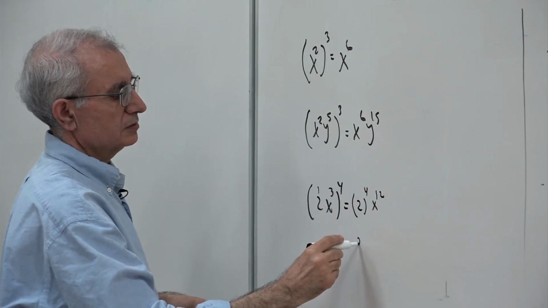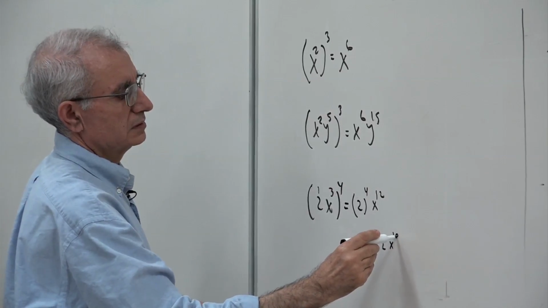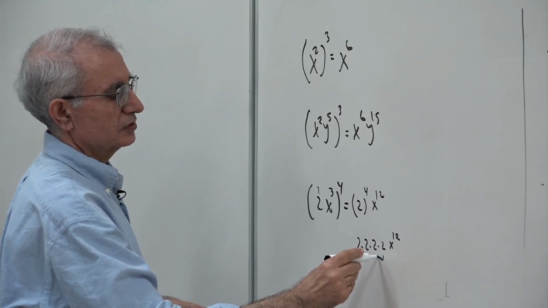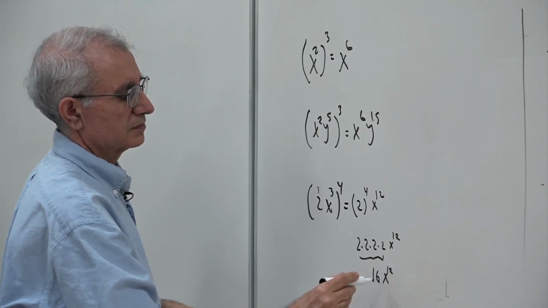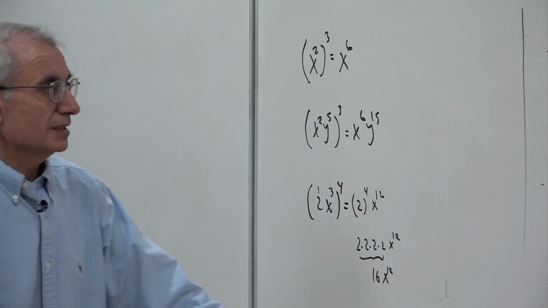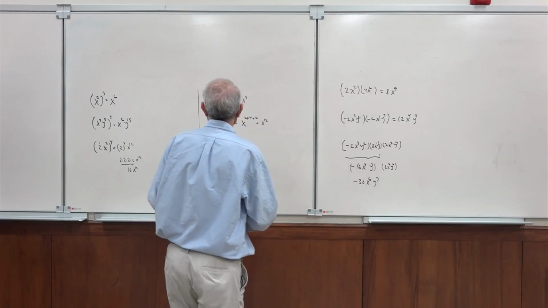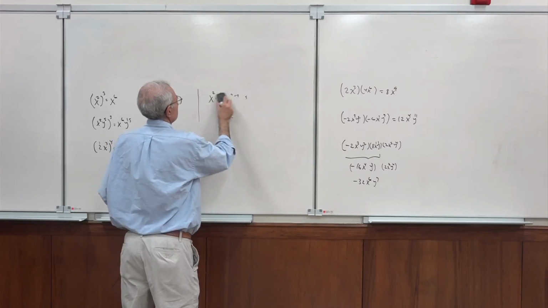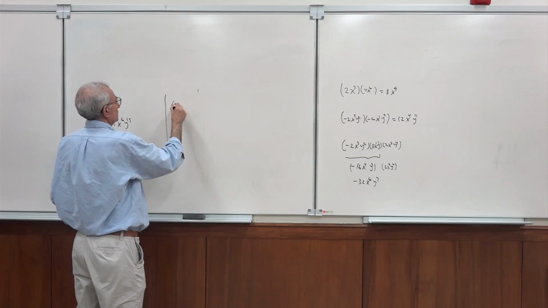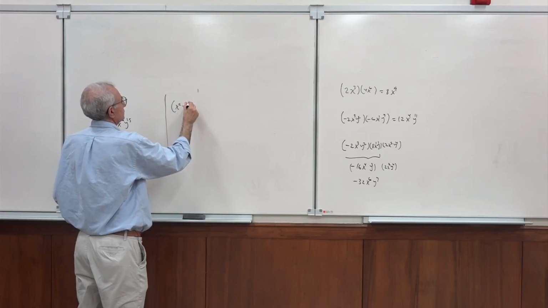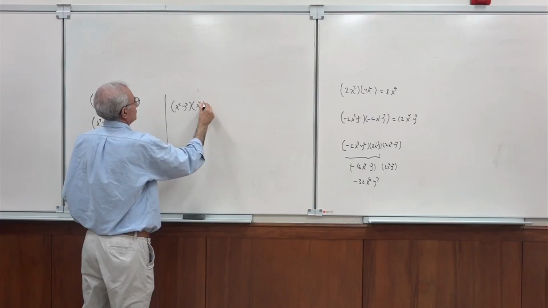2 to the 4 means multiply 2 by itself 4 times. So if you multiply 2 by itself 4 times, you end up with 16 x to the 12. And sometimes we have a combination of these two together. So I might have a problem like this: x squared y cubed times x to the 4 y to the 6